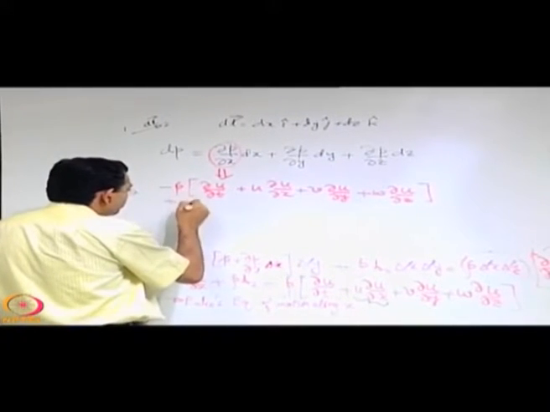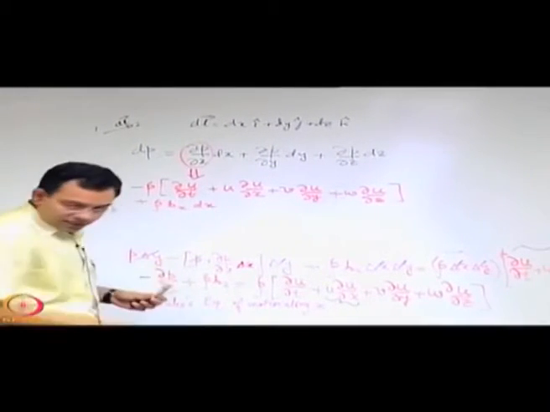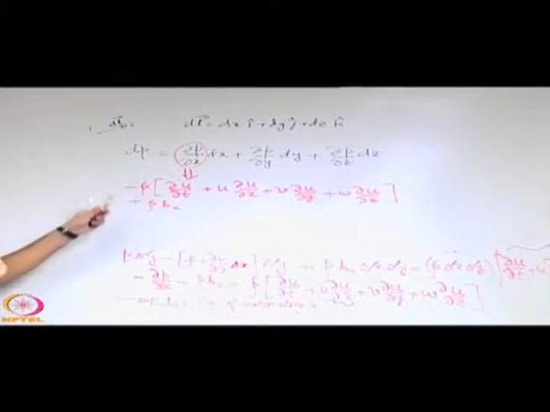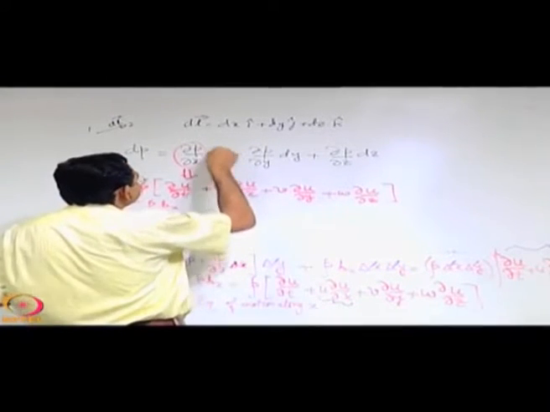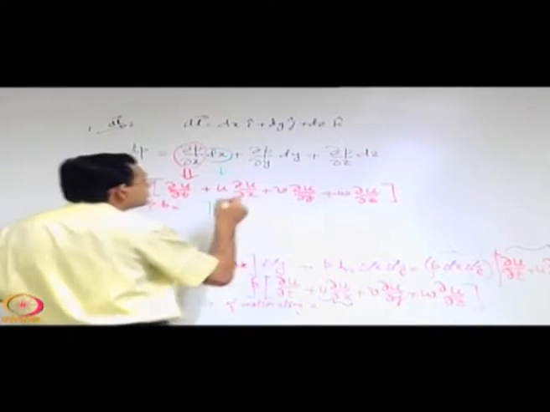then plus a body force, so plus rho bx. Multiplication by dx will come separately; we are just isolating the dp dx term, so we are not writing the dx together with this. If you also consider the dx term together with this, then the entire thing is multiplied by dx.